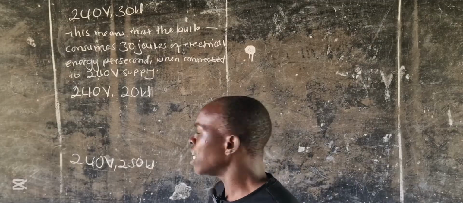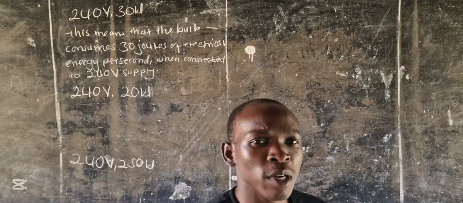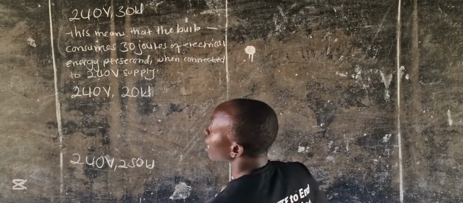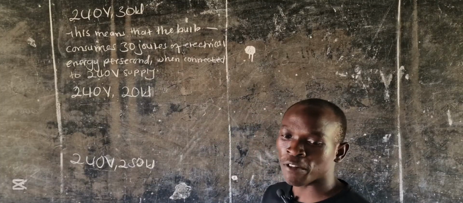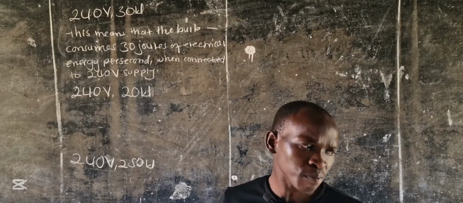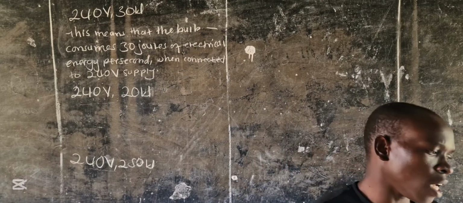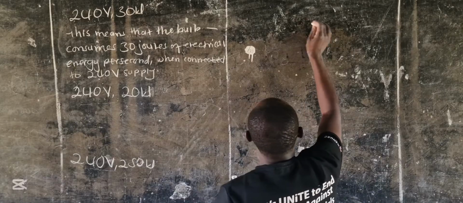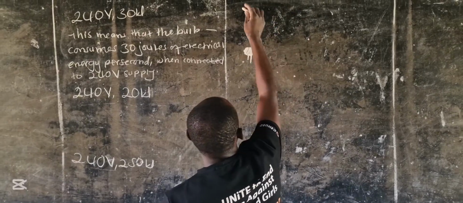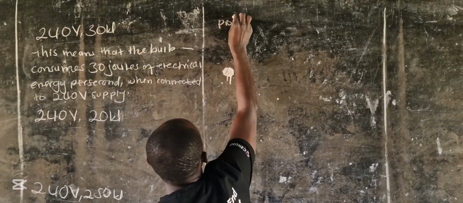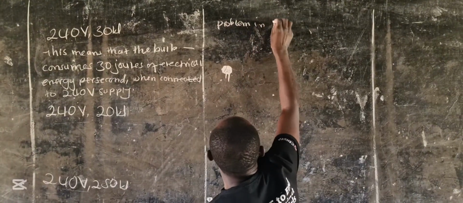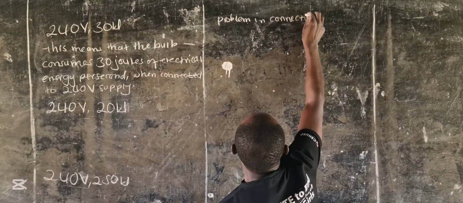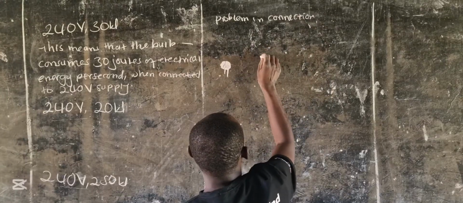Okay, now let us find out where the problem came from. Just diagrammatically, I'm going to show you, if bulbs are connected in series, what are the most likely chances of power outages that this parent may eventually get? So this is the problem in connection. If I'm to use some sketch here,